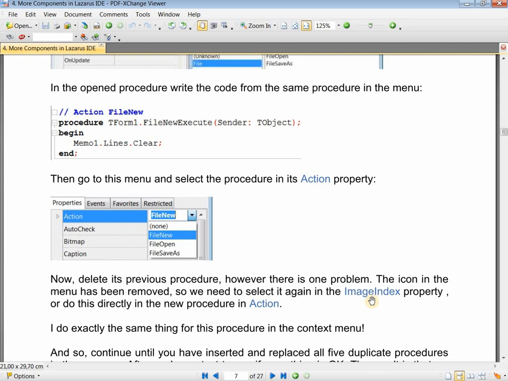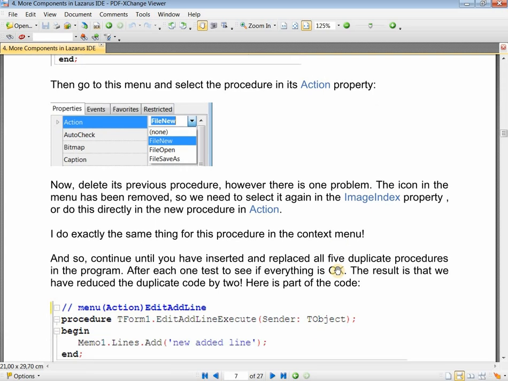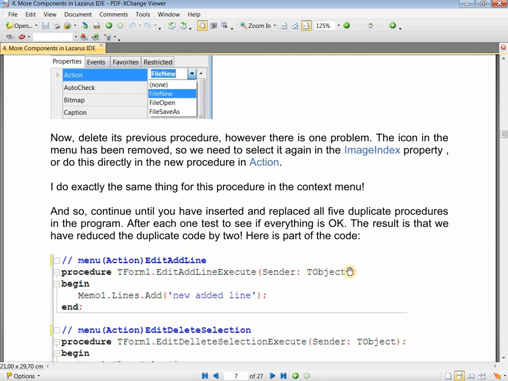Therefore, we have to choose again from the action list property, or do this directly in the new procedure in action. We do exactly the same thing for the context menu. In this way, I keep working until I replace all 5 duplicate procedures in the program.